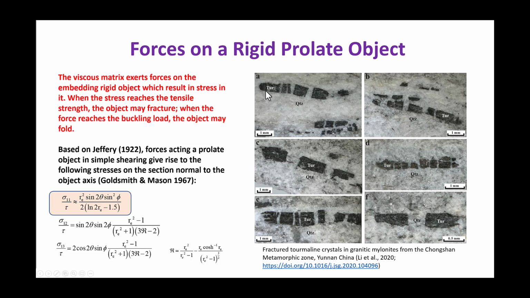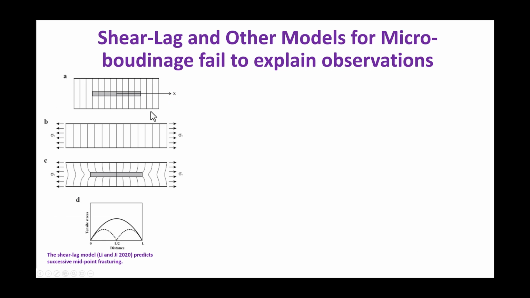It's very, very interesting to look at the morphology of these microboudins. Commonly, the elongate direction of these minerals is close to parallel to the stretching lineation of the mylonite. So the stretching lineation is close to being horizontal here in this diagram. The tensile fractures develop in all different places. The tensile fractures can be very closely spaced. The fractures can develop in different places, almost randomly in the crystal. Keep that observation in mind.